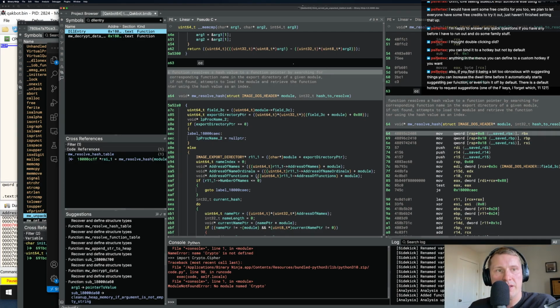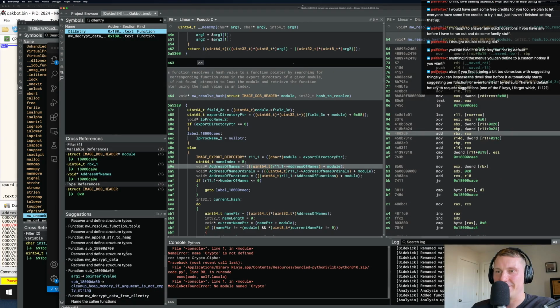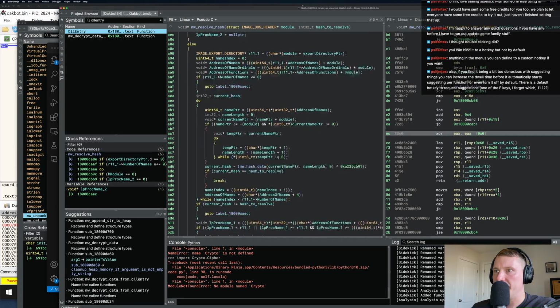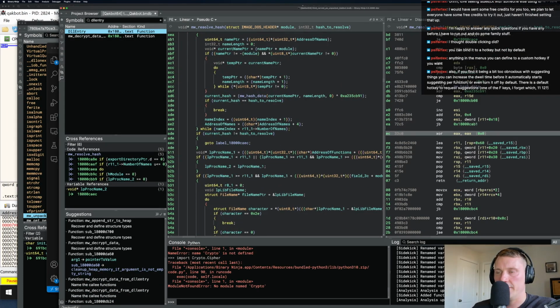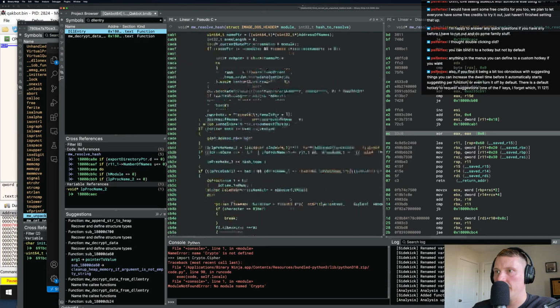Also, if you find it being a bit too obnoxious with suggestions, you can increase the dwell time. No, I think the dwell time is pretty good actually by default. Cool, but that's good to know. I'm also messing around with Copilot, and that's super obnoxious to program with. But no, this is pretty chill, actually. Pointer, yeah. Oh yeah, so I wanted to go to the actual hashing function, which is where